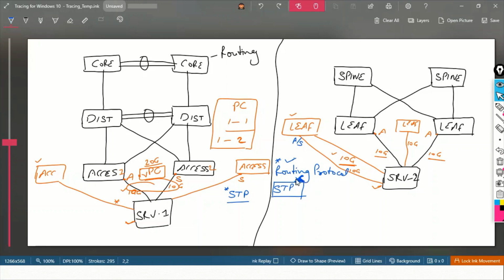Absolutely, sir. The same thing I said, STP is running, but on top of STP we have some routing protocol running, which we will discuss in the next class, what the routing protocol is and how it works. But as of now, we have a routing protocol running on top of it, which kind of disables this STP. So when any server or any device is connecting to your network infrastructure, this routing protocol will take care of all of those and make the interface the active one,